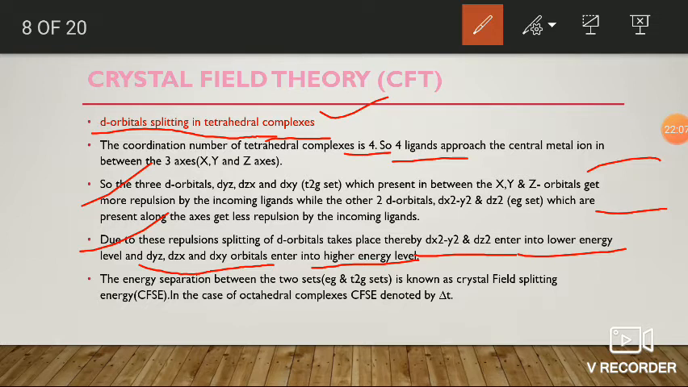In the case of tetrahedral, the lower energy set is eg and the higher energy set is t2g. In the case of octahedral, the lower energy set is t2g and the higher energy set is eg. So it is quite opposite to the octahedral d orbital splitting. In the case of tetrahedral complexes, the CFSE value is denoted by Δt. In the case of octahedral complexes, it is denoted by Δo. Okay, fine. Next,